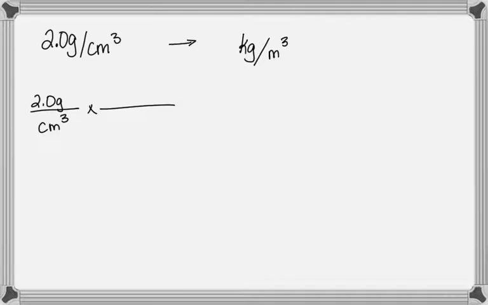So since we're going from gram to kilogram, from a smaller to a larger unit, we're going to have to move the decimal 3 places left. And 3 places left would be 0.002. Okay, so your answer at that point would be 0.002 kilograms